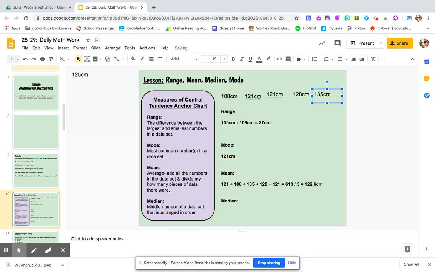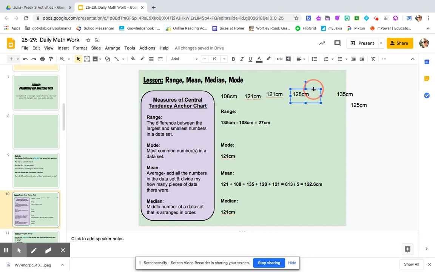So here I go. I have 5 numbers. The number that's in the middle is the median. So our median is 121 centimeters. Now I'm just going to slightly change the set of data so you can see what happens if we don't have one middle number. So I'm going to add this into our data set here. Let's go ahead and put it in order. So that one will come in